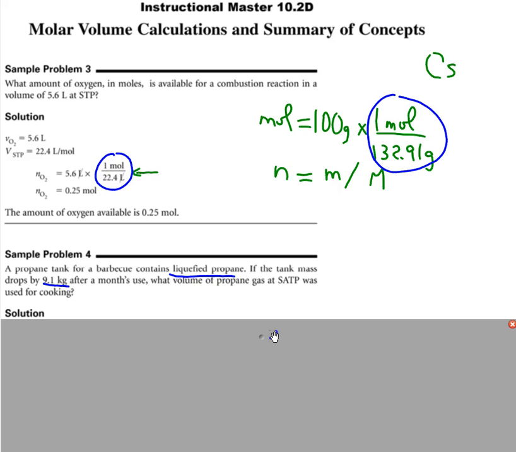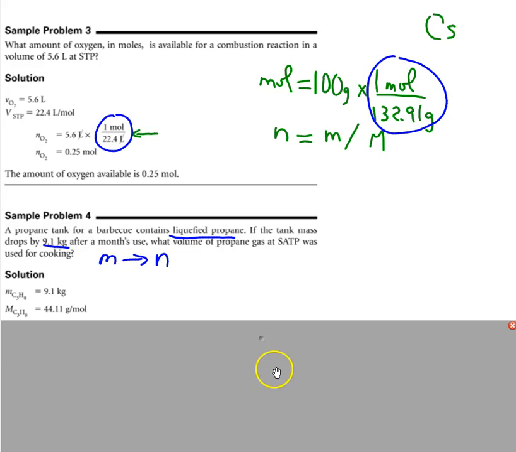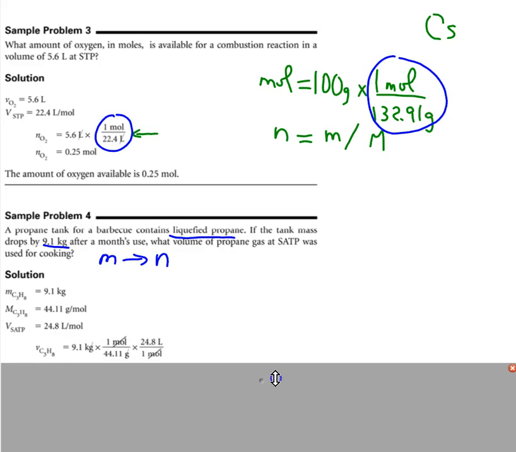So what we can do here is convert the mass into moles, and then we can determine what volume that corresponded to under the conditions of ambient temperature and pressure. So here, propane, if you didn't know, is C3H8. Its molar mass is 44.11 grams per mole. So we'll convert that into moles. What's done here is, at first, it looks like a real mess of calculation, but what's actually being done is you're taking a mass and dividing by a molar mass,